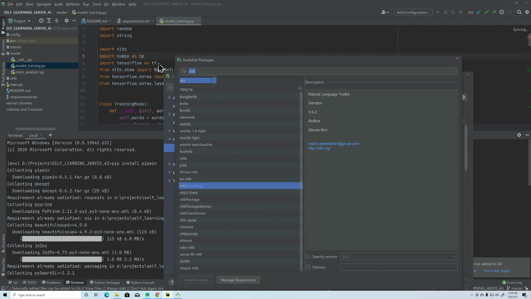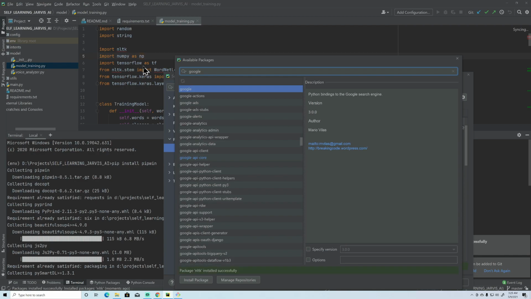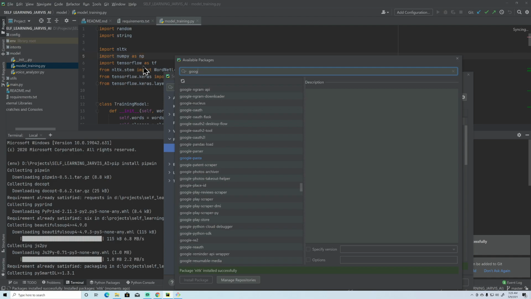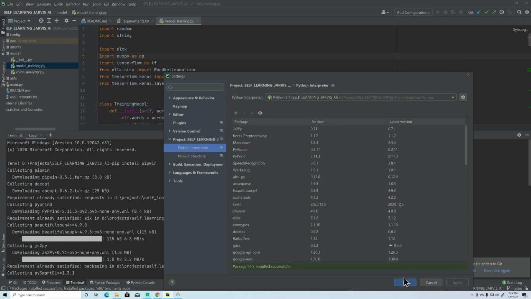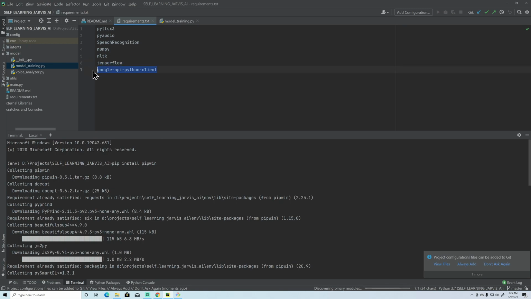Another module is Google client also. Google client, not this one. Okay, yes, so NLTK is successfully installed. In the same way, we are going to install that other module also. What was that? This Google API Python client, right?